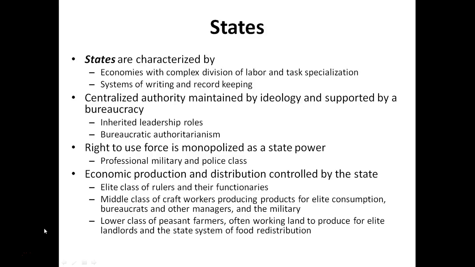States are complex societies characterized by economies that have a complex division of labor and task specialization. These complex economies require the development of new systems of writing and record keeping. States have centralized authority that is maintained by political and religious ideology and supported by bureaucracy. Leadership roles are inherited in states, and these bureaucratic institutions rule through the authority of the institution, not the individuals